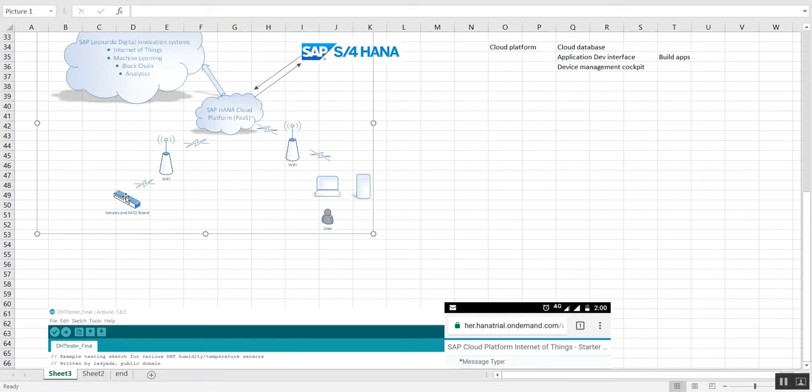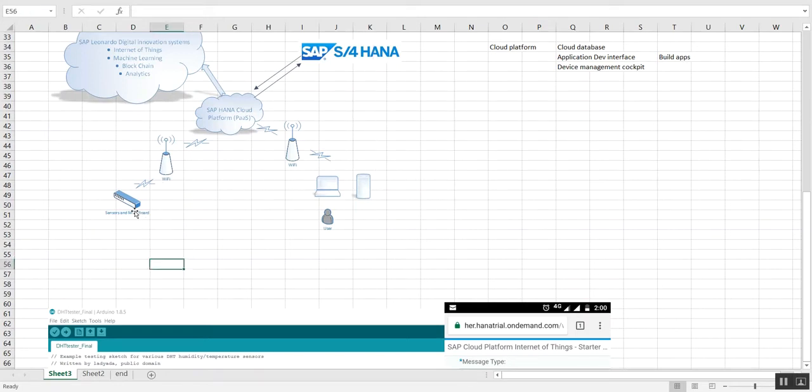So basically, only after you code it and activate it, it is going to get the correct data out of the sensors and then connect to the internet and then post the data onto the HANA Cloud database. So you'll have to code this device and also develop an app by coding so that it reads the data out of the database and shows you graphs or insights, whatever it is. So that way, you will need